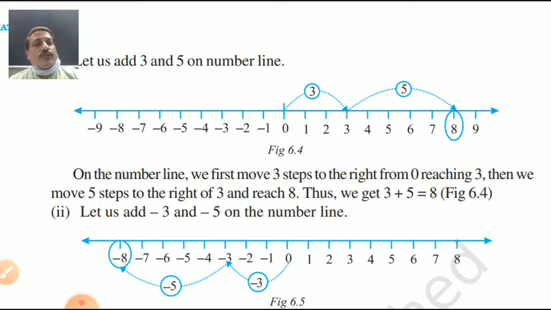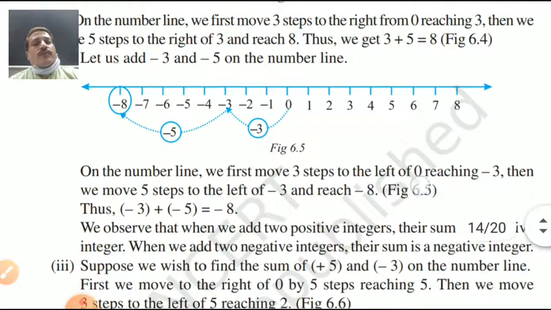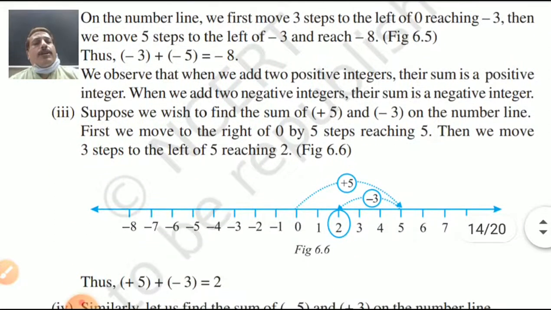So figure number 6.4 and 6.5 is here. Very good, student. Same way, you can take combinations. Yes, my dear students, sometimes negative and positive. So first 5 minus 3. How to do this one? First move on 5 and then after minus number means left side. Clear? When you add, you have to move on right side. When you subtract, you have to move on left side. Easy? Yes.